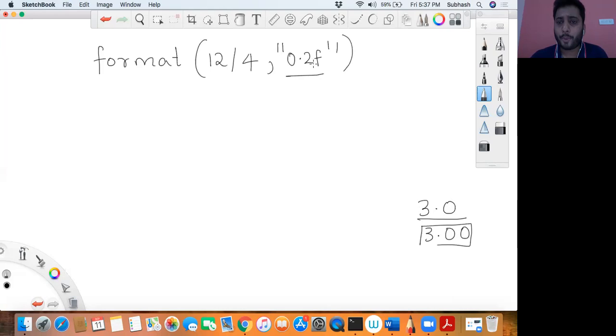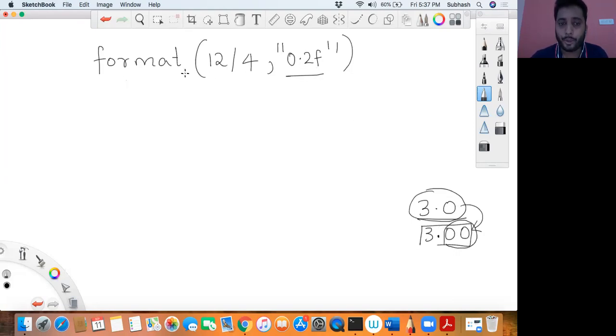What does this 0.2f say? It says that I need two decimal places after the point. By default, 12 divided by 4 will give you 3.0, and if you want the output to be 3.00, that is, two decimal places after the point, then you can say 0.2f.